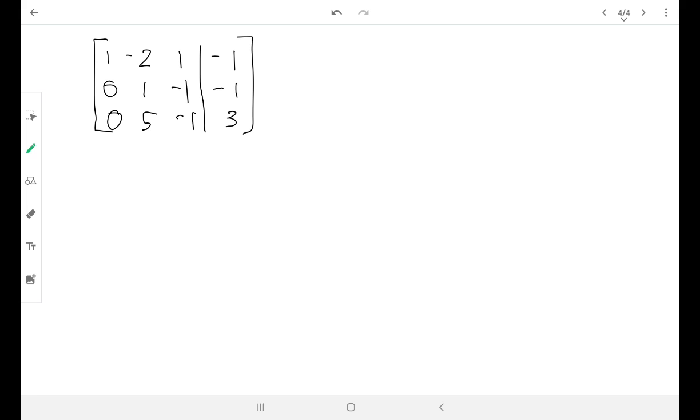And so now I want to take this 5 right here, and I want it to become a 0. Okay? So that's my next big goal. I'm going to get rid of that so we can look at it a little cleaner again. But that's my next big goal. So I need another row operation to do that. And the simplest way to do that is to take row 2 now, and if I multiply row 2 by -5, if I do -5 times row 2 and add it to row 3, I will get a new row 3,